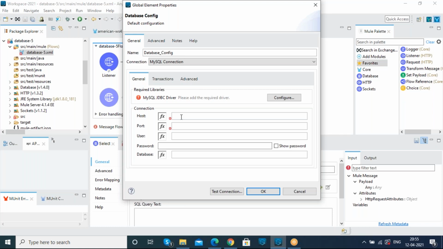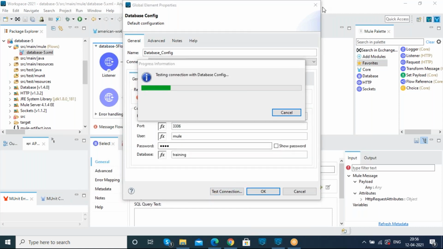Here I am providing the credentials, whatever are required. The host is mudb.mulesoft-training.com, 3306 is our port number, Mule is our username, Mule is our password, and training is the name of the database. If I test my connection,